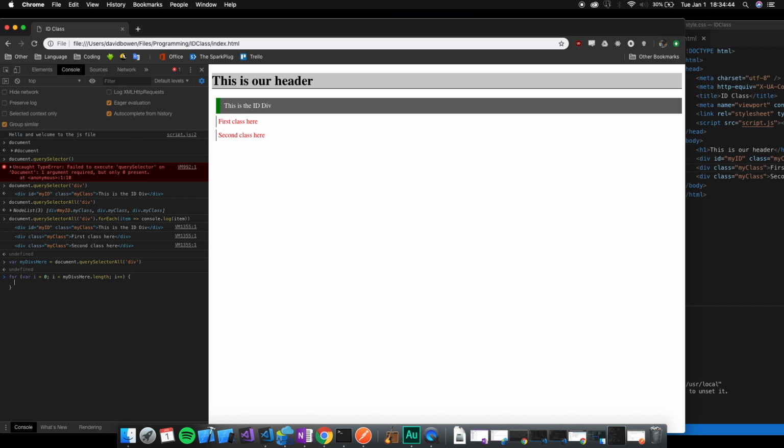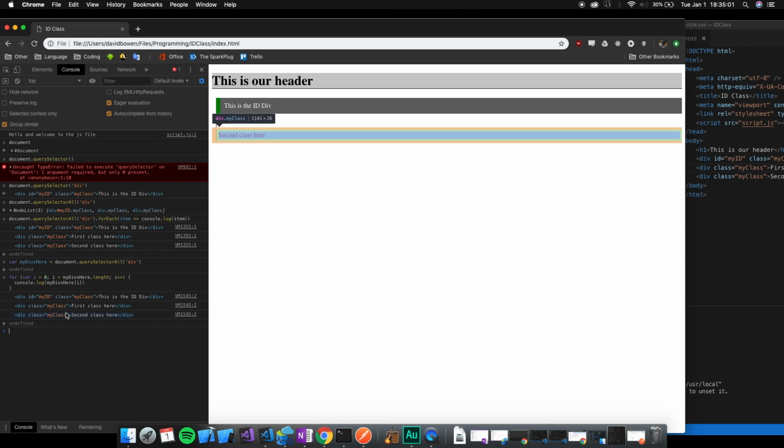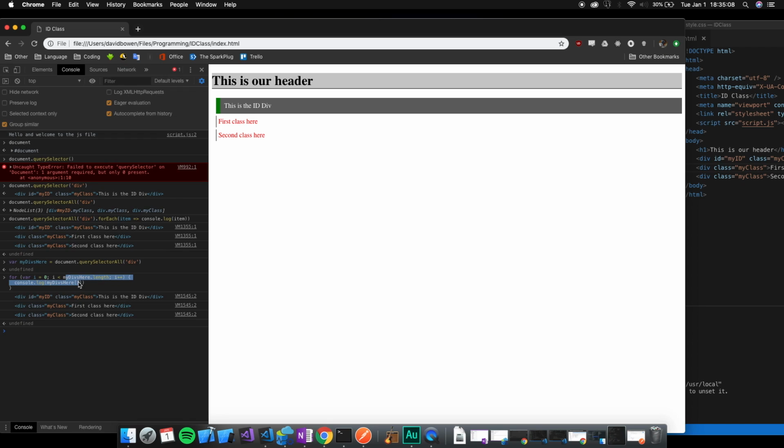And we say console.log. Well, now this is not an array. So what's not going to work is this. Oh, it is going to work. Okay, well, there you go. Learn something new every day, huh? So you actually can loop through each of those and actually use that as an array. All right, I guess we're all learning something here today. Okay, so now that we've got that figured out,